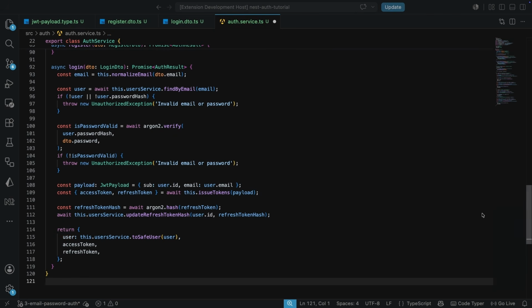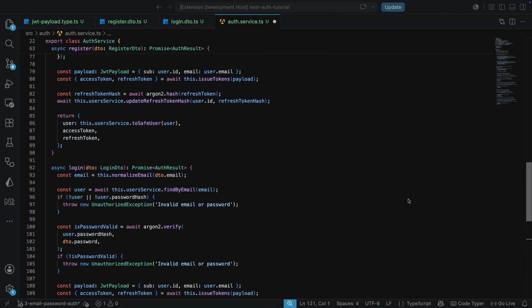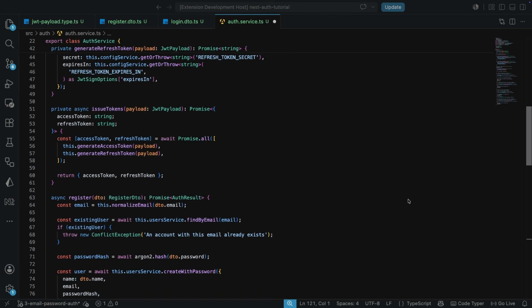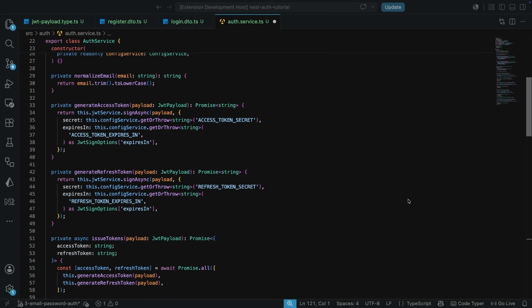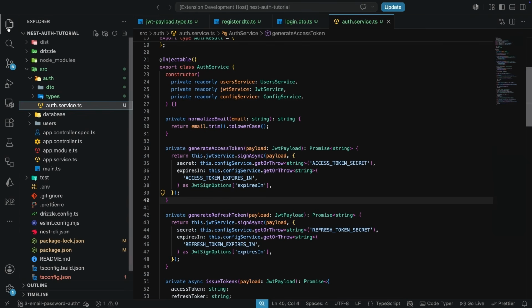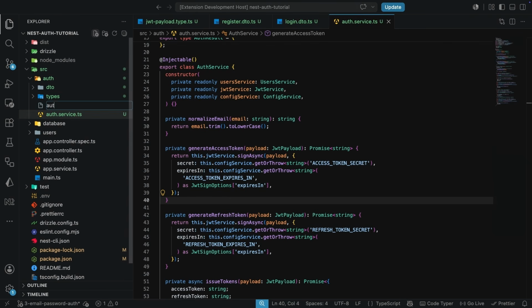I'm just going to close all of these. Okay, so just give this file a save. And once you're confident you understand everything that happens here, we can then proceed to the authentication controller. I'm going to give this file a save and create the next file, and this is going to be the